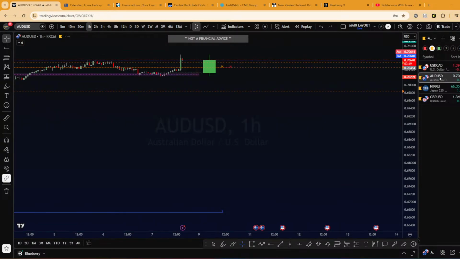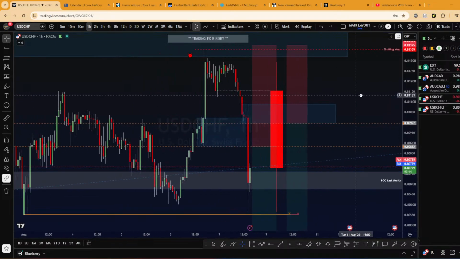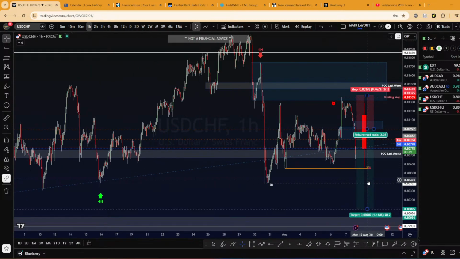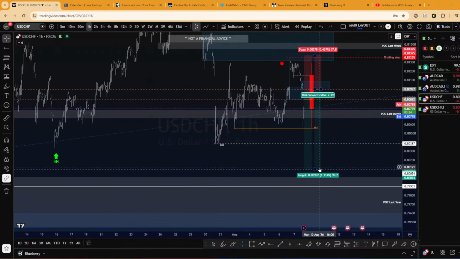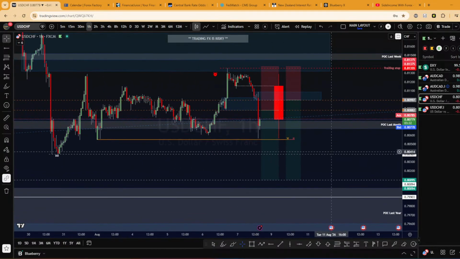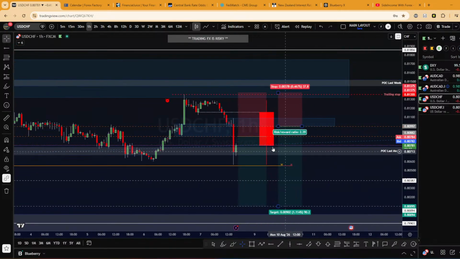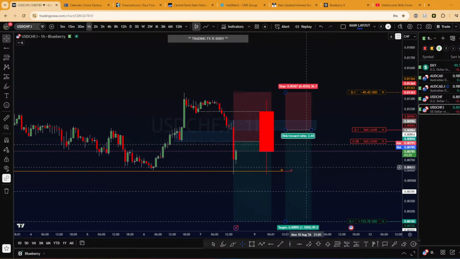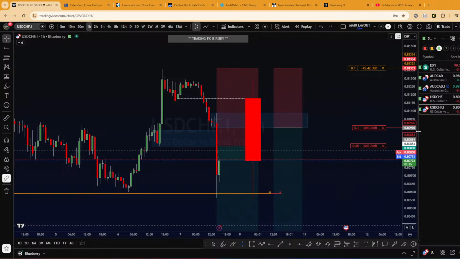But the one I am looking for is USDCHF. Even though we are in a counter trend, we still have room to target this low before another realignment with the higher time frame, which is bullish. So that's why I put some sell limit right there, hoping that we are pretty close to the first sell limit. Interesting.